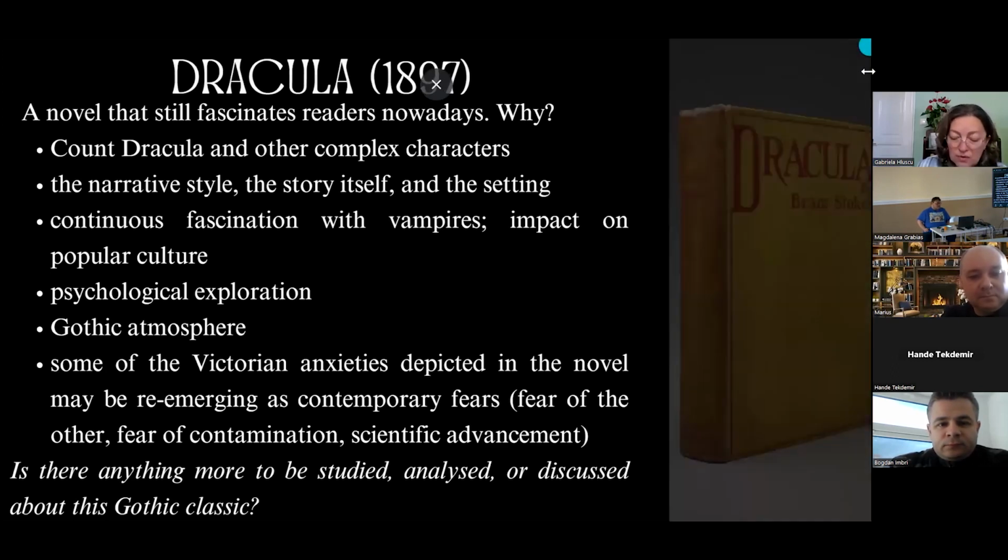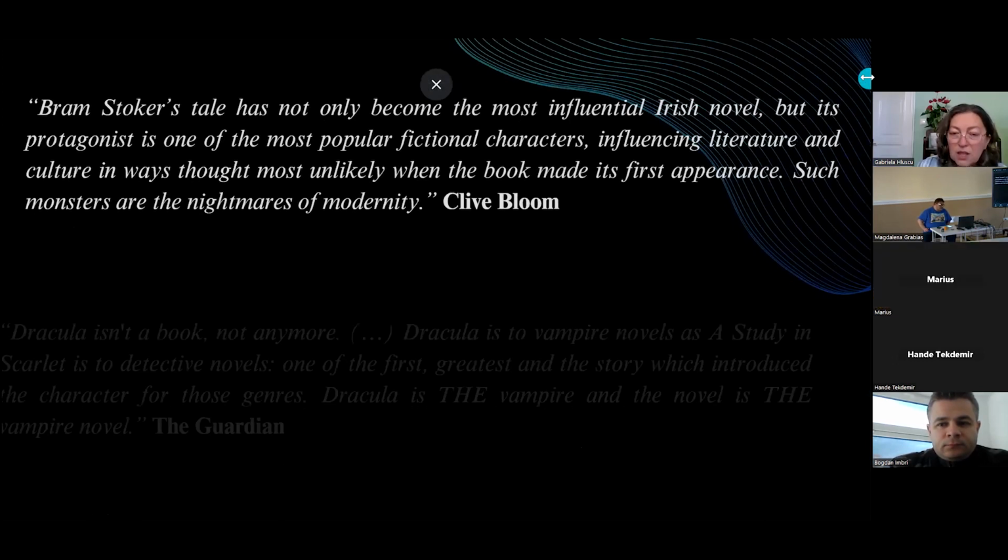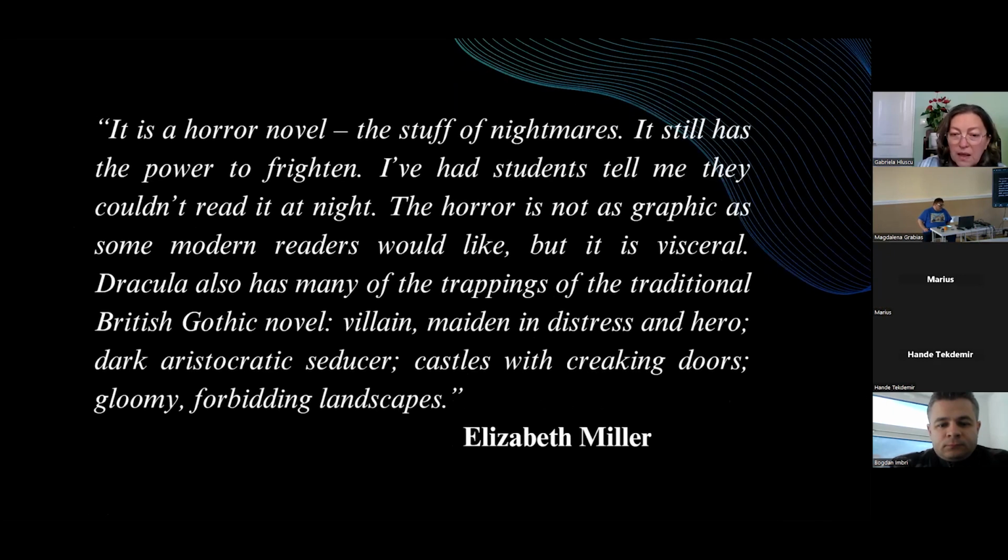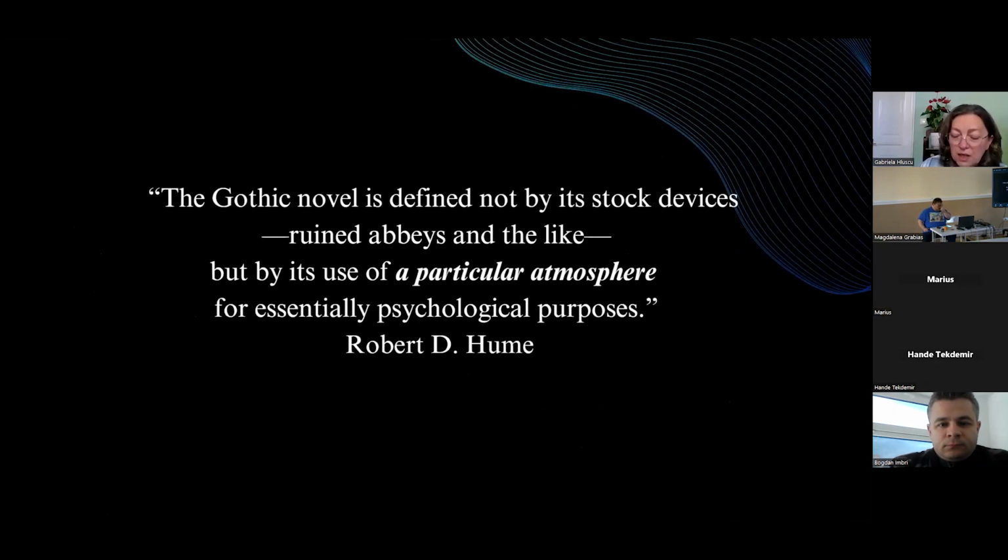Speaking about the genre that the novel belongs to, Robert D. Hume argues that the Gothic novel is defined not by its stock devices, ruined abbeys and the like, but by its use of a particular atmosphere for essentially psychological purposes. This particular atmosphere, with its aura of mystery and obscurity, seems to be a key element of Gothic fiction,